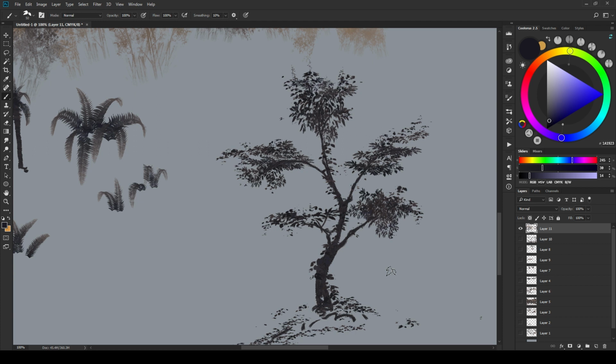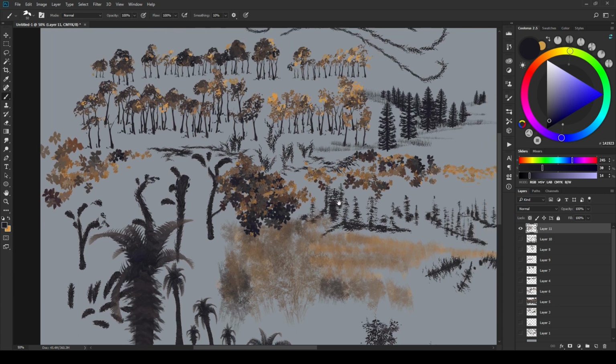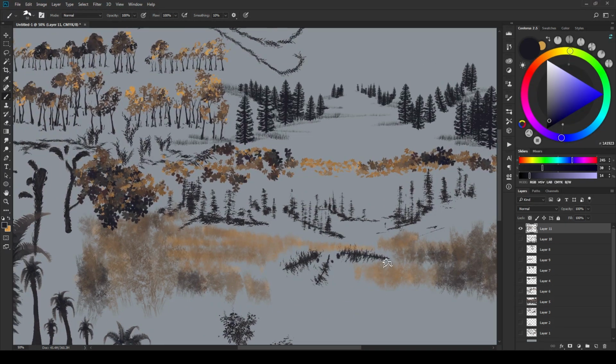Those are general use brushes that I've built over 12 years or so of working in this industry, and I love them. I think they're great. But these brushes, the foliage brushes, have a specific task, a particular use for them. And if these interest you, if you think these would be helpful to incorporate into your own workflow, then